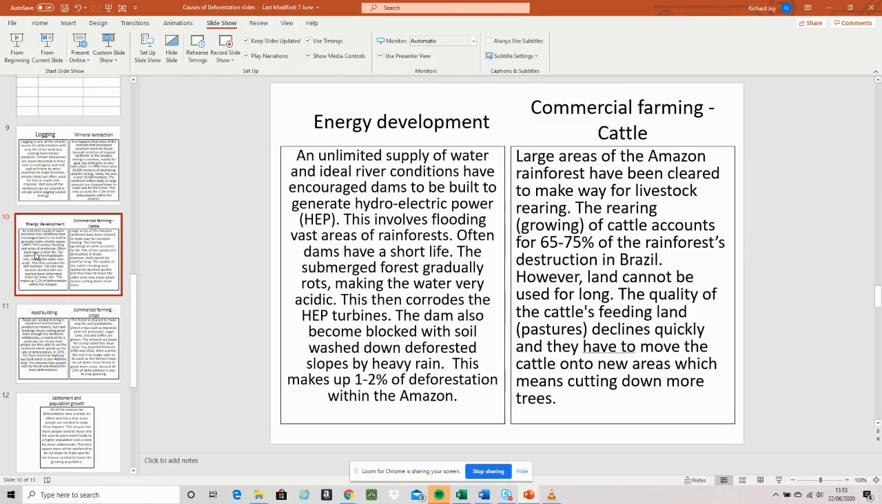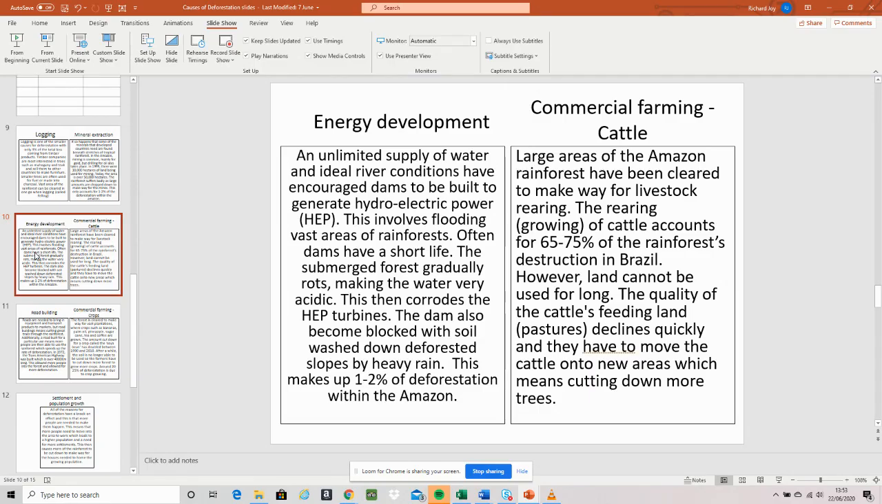Okay, energy development. Well, of course, the more people that settle in these regions and the greater amount of industry there, then the greater the need for energy. Obviously, you've got an unlimited supply of water as well. You've got some great water availability in the Amazon, fresh water. However,